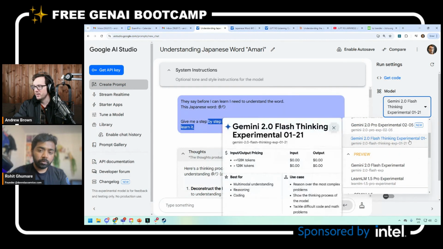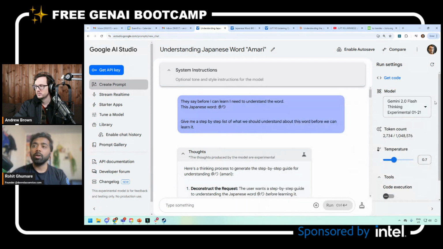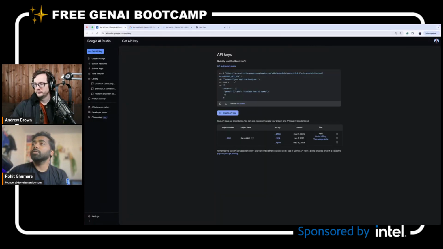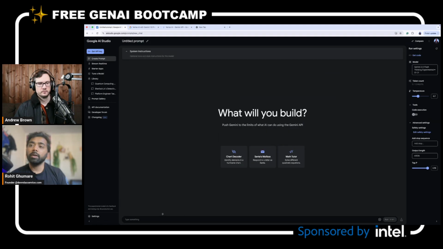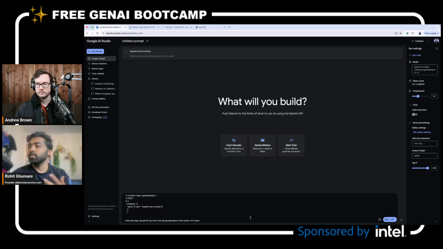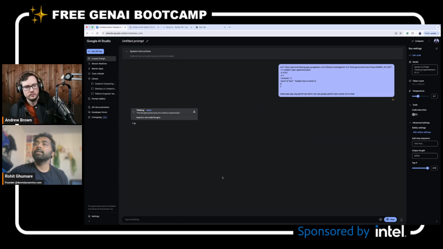Have you used Gemini much to produce code for you? Yes. So that's what I want to show now. If we go back to the screen, you can actually use the Gemini API here. You just have to hit create API key, and then you can use it. And also, if you don't know how to actually use this in your own system, you can just paste here, and you can ask, make a SaaS app using a Gemini API, which can use Google Vision. Let's say I just ask it, and let's see what Google helps me with here.